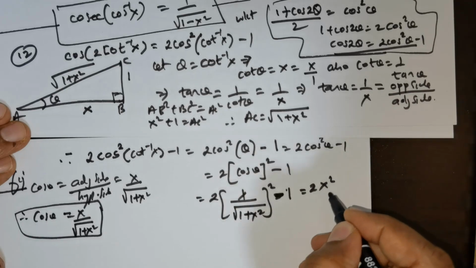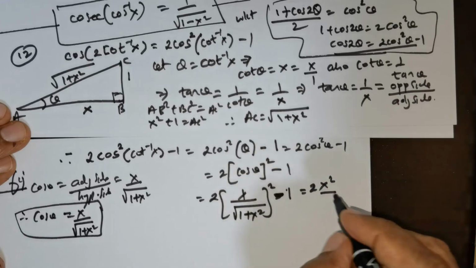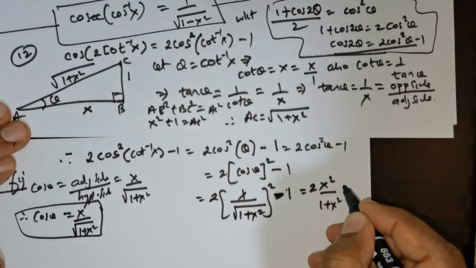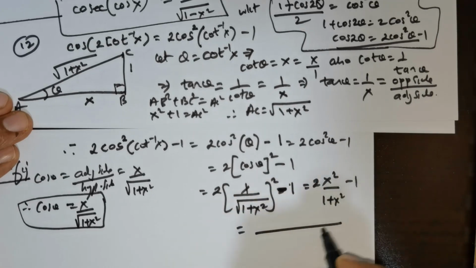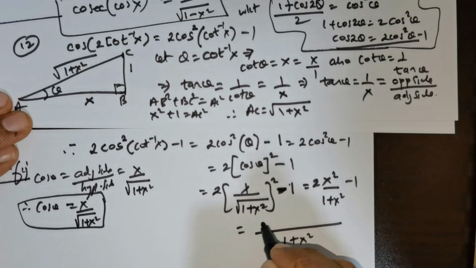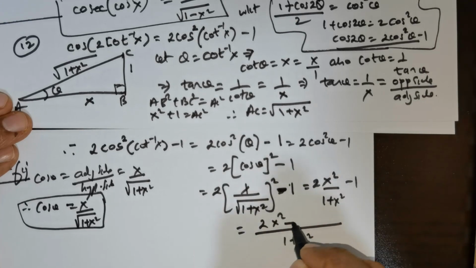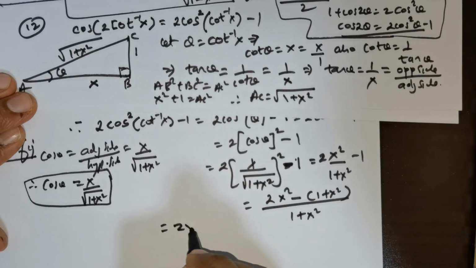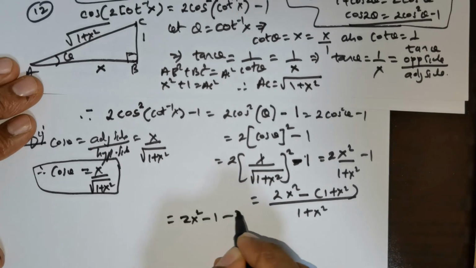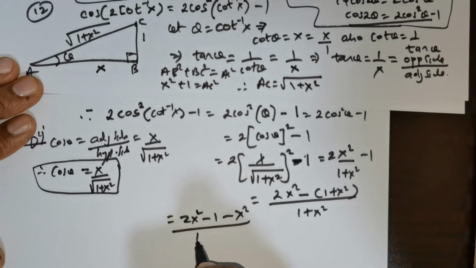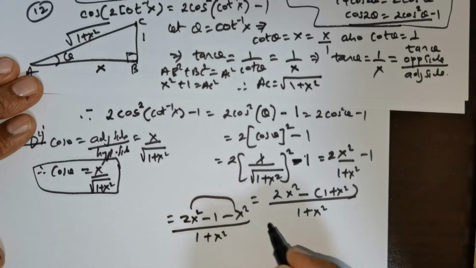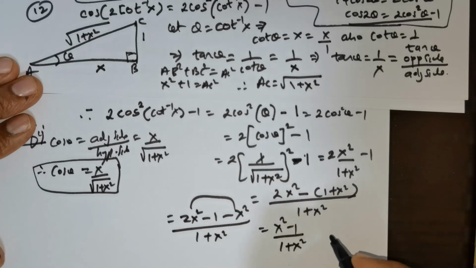You get 2 times x squared divided by the square of the square root of 1 plus x squared, which will give you 1 plus x squared, minus 1. So you take the LCM as 1 plus x squared. This is going to give you 2 times x squared minus of 1 plus x squared, which is equal to 2 times x squared minus 1 minus x squared divided by 1 plus x squared. 2 x squared minus x squared will give me x squared minus 1 divided by 1 plus x squared. So